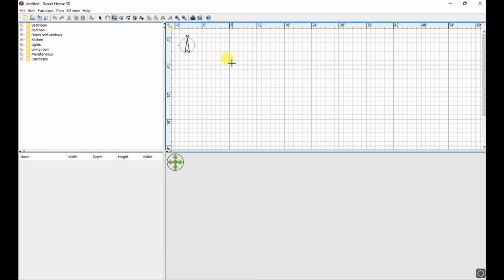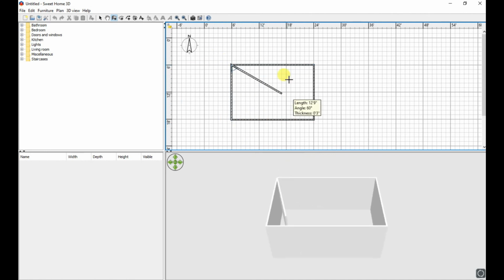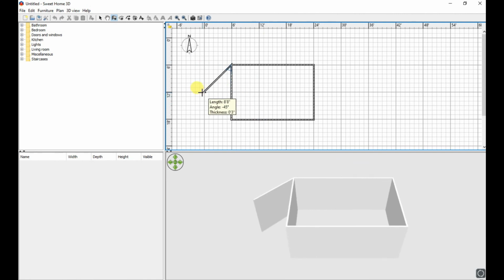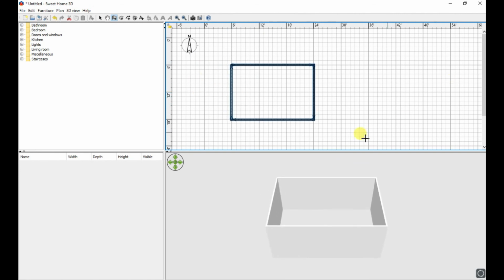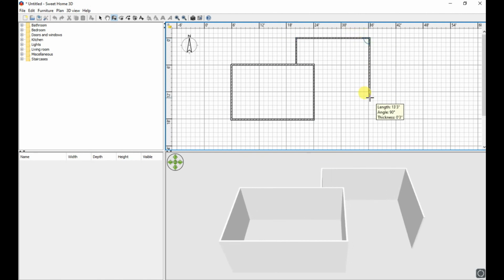And now we just want to left click, and then you're just going to move your mouse over to drag it over, and you can see on the bottom that it's building a wall, like it's building it in 3D. So then you just click, and then you just kind of drag and click, and then you double click to finish it. Or you can keep drawing that way, or hit escape key, and you have your room. You can go ahead and add however you want on here, so you can build other things. So I'm just gonna go ahead and map out